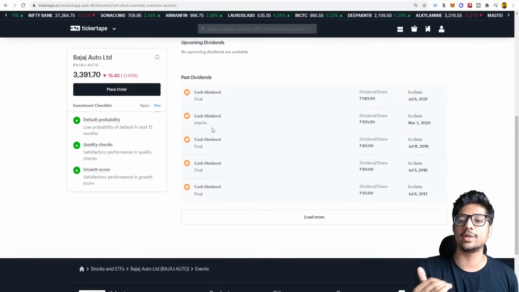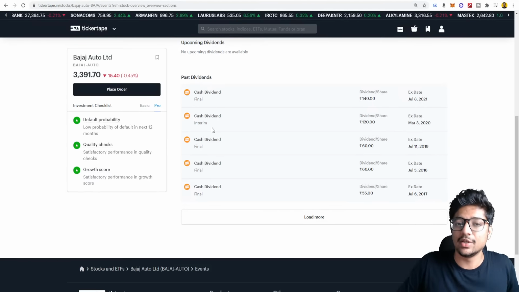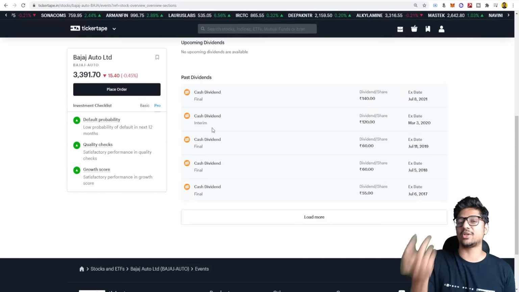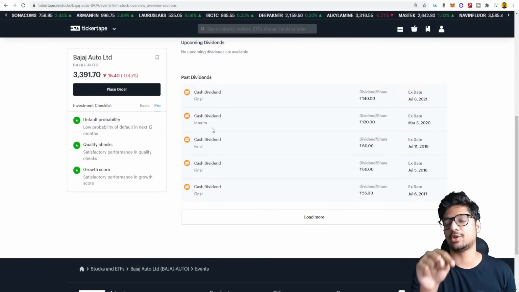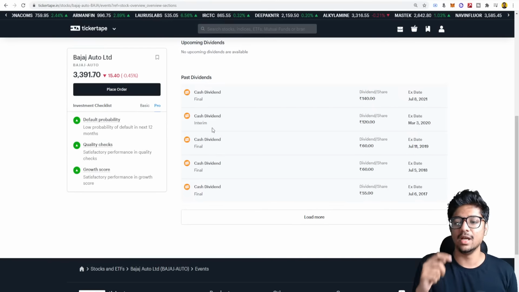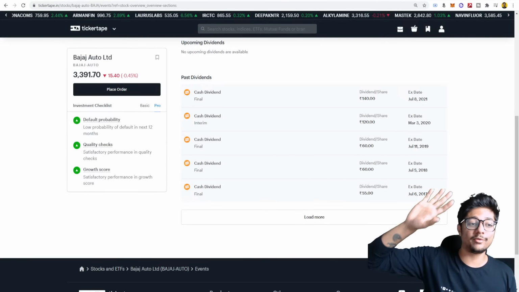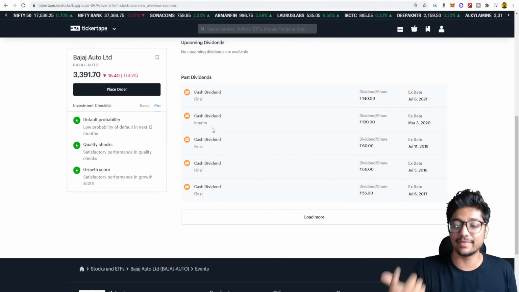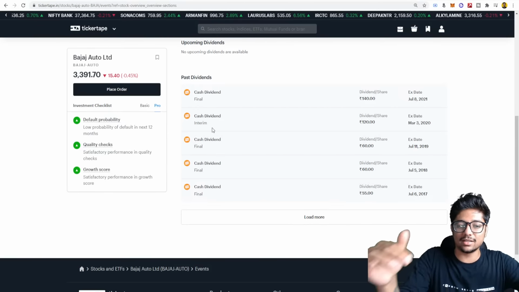And sometimes they also call it a special dividend. Recently, Deepak Nitrite gave a dividend of 4 rupees plus a special dividend of 1 rupee, around 5.5 rupees. Why? Because they completed some silver jubilee or something, 100 years of the company, so they gave a special dividend. A surprise. But let's look at the cash dividend.